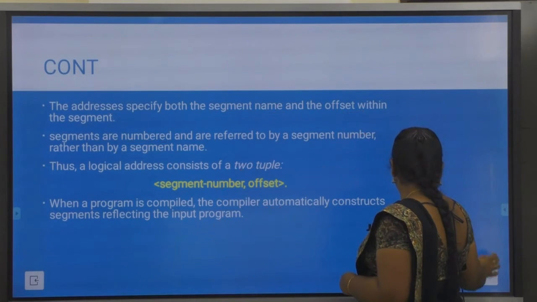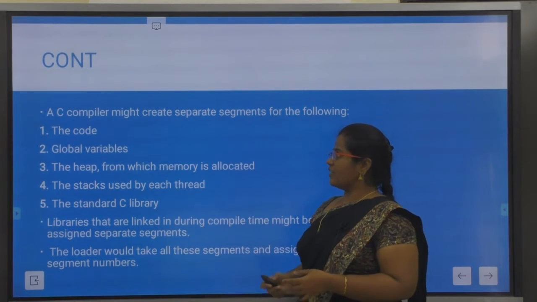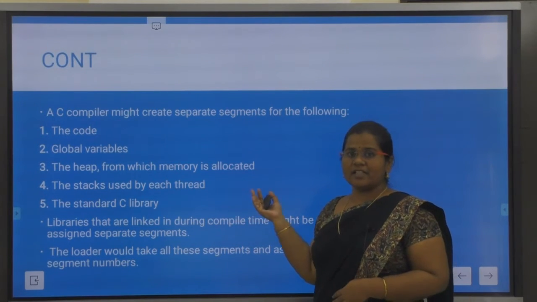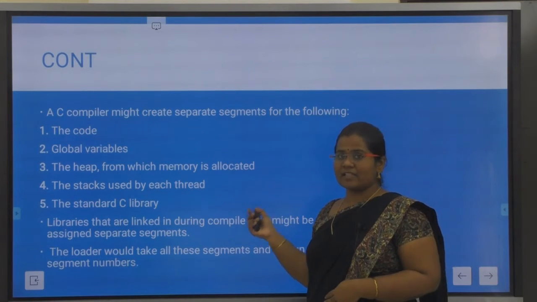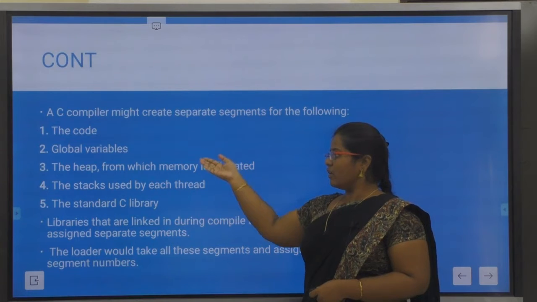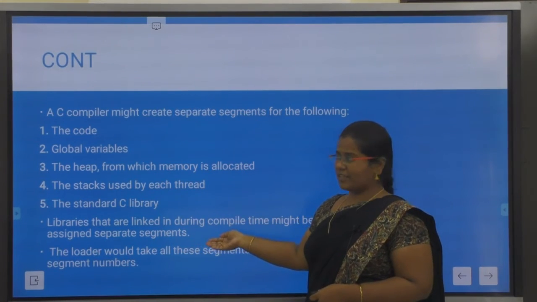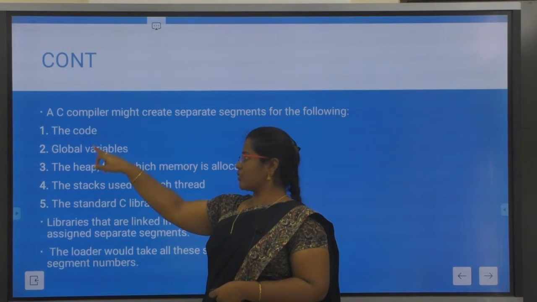In general, if you consider a C compiler, when you compile a C program, the compiler may divide the program into these segments. First is the code, the actual set of instructions.